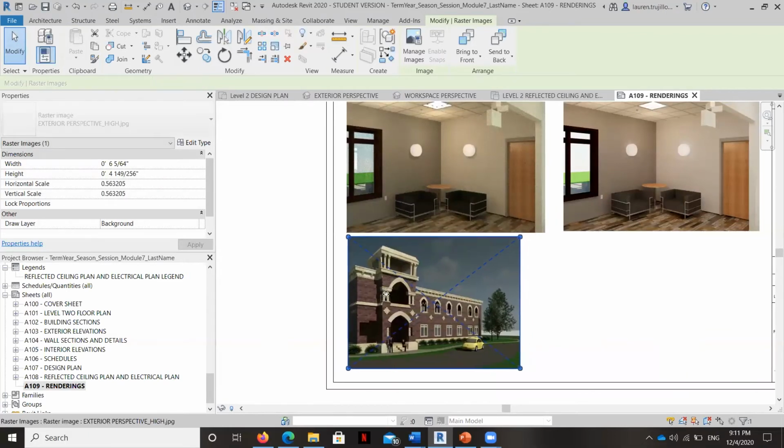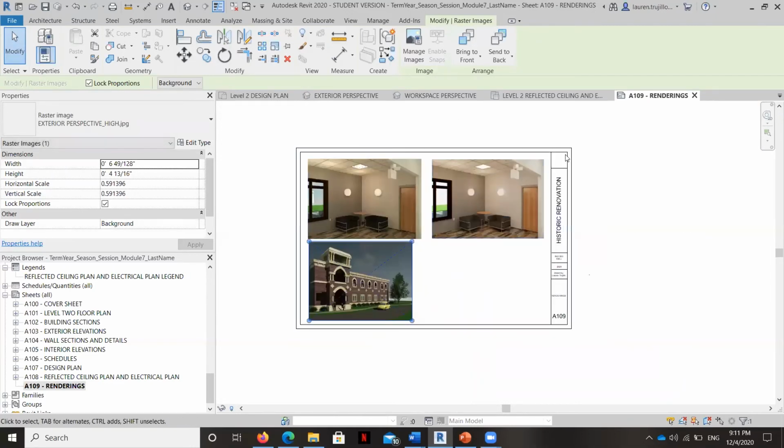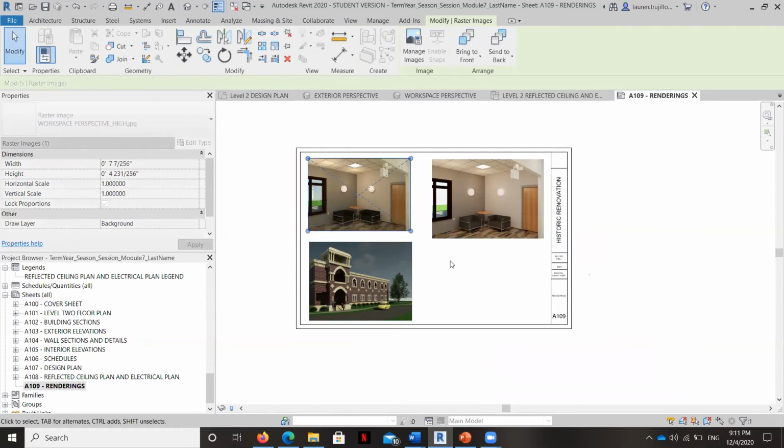This is also the same way that you bring a logo onto your sheet if you want to. You can just double click on the page or the sheet and open up the family, and you could put a logo right there in the exact same way and just kind of make it a little bit smaller. And that's how you do that.